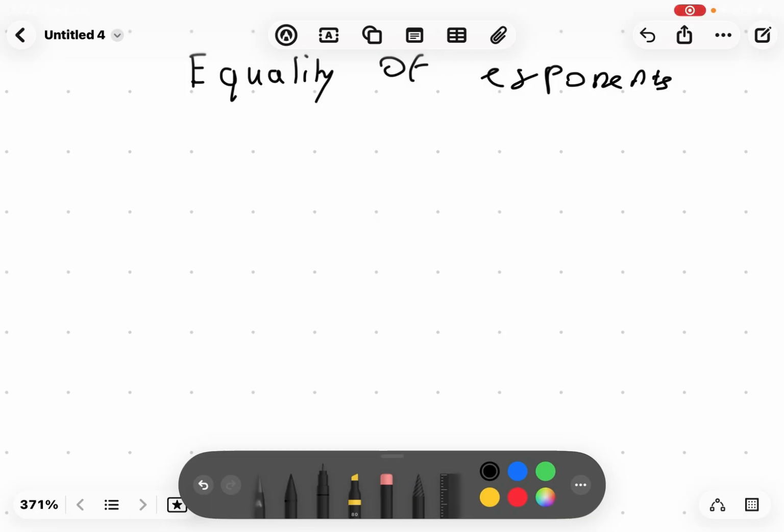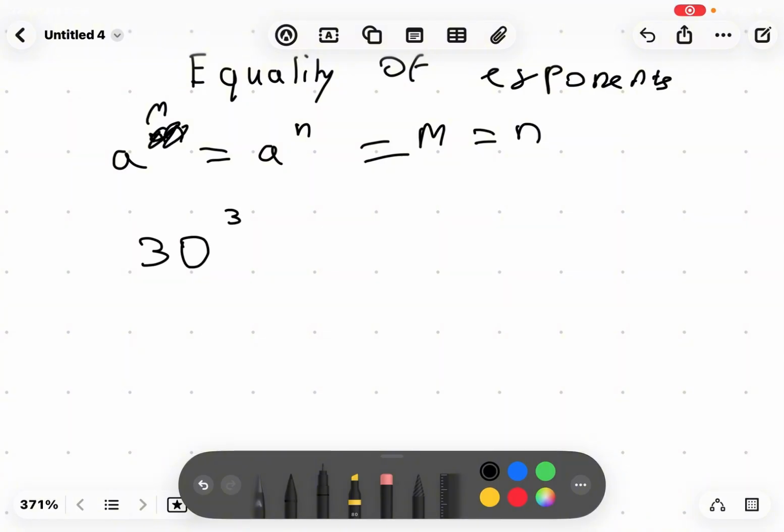The rule of equality of exponents is basically that if these two are equal, that means m and n should be equal, which is kind of logical, and that is for solving problems. So let's say we have this type of problem, right? What we do here is basically